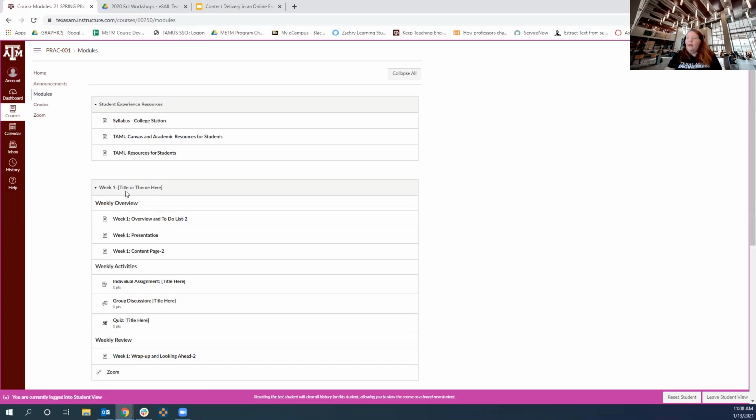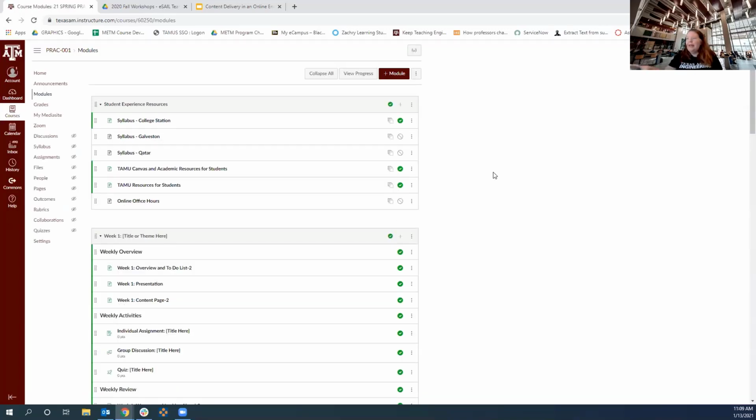And again, you can tell by the wording here, this is something that you might see in your course that is part of that blueprint. And that's something for you to either try to duplicate the sequence of that or just unpublish the whole thing or even delete it altogether. That's really up to you. I'm going to go back to the edit mode, and at the very bottom there's a leave student view. You'll see it in this kind of pink colored bar at the bottom. Okay, so now I'm back in my edit view.